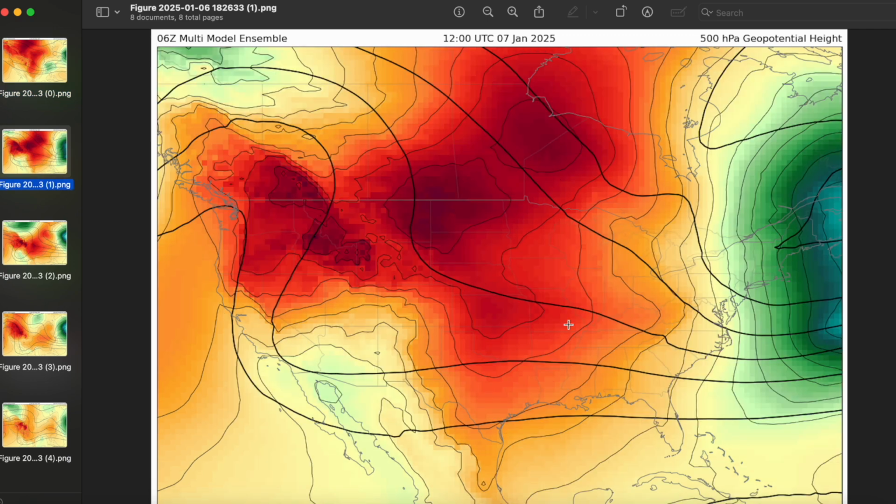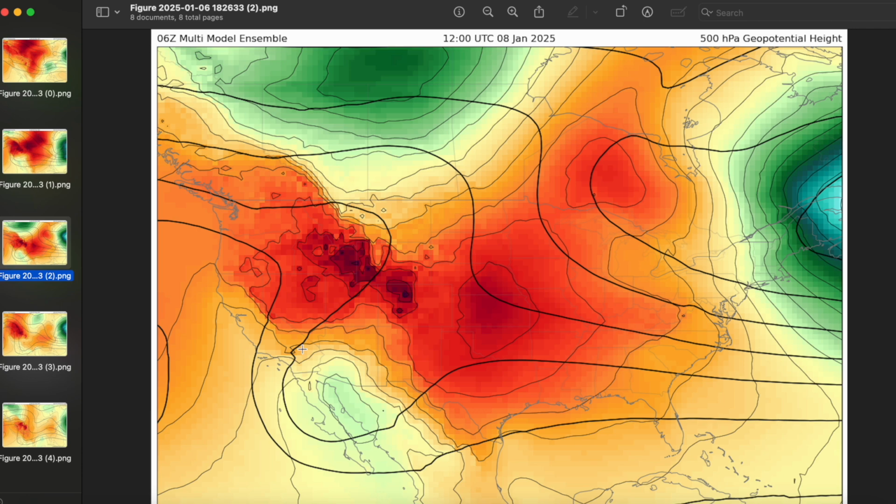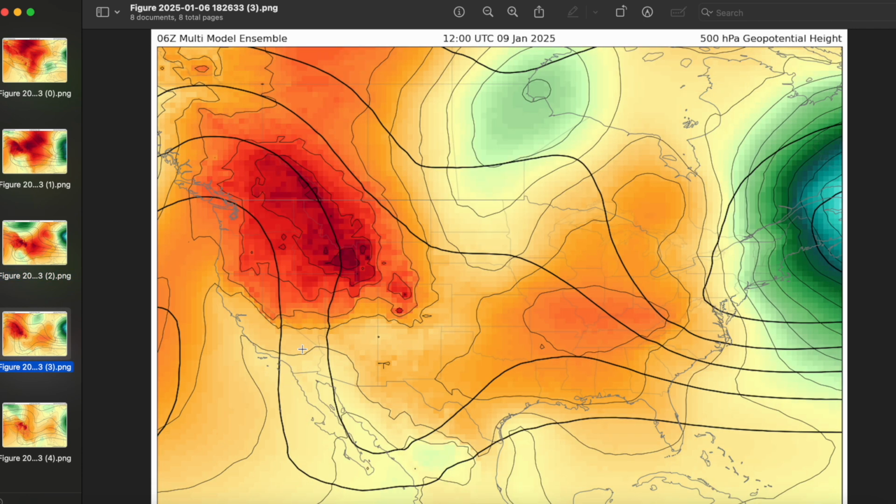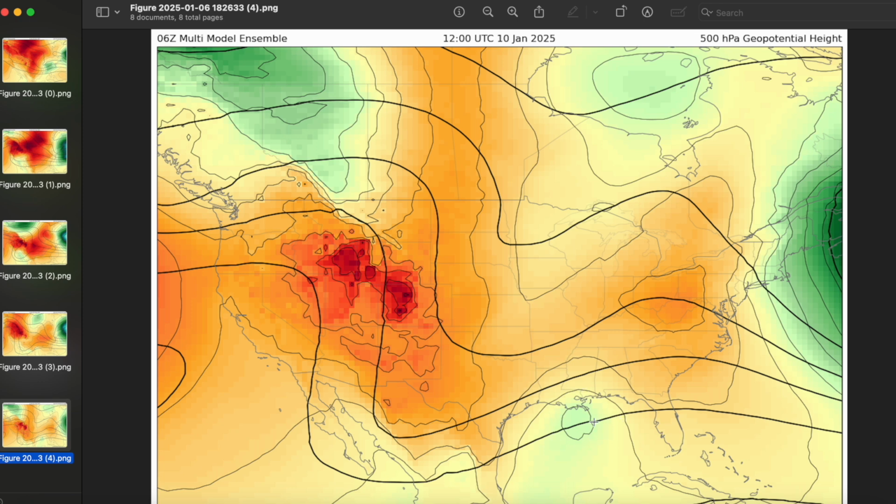High pressure takes over the central parts of the United States, but the big story is this trough of low pressure in the mid-levels here. This is going to swing across the northern Mexico region, and when it does so, probably starting on the 9th, a surface response in the northwestern Gulf of Mexico can be seen by 7 a.m. January 9th. If we push this day one more, then a full-fledged surface low-pressure center south of New Orleans is forecast,